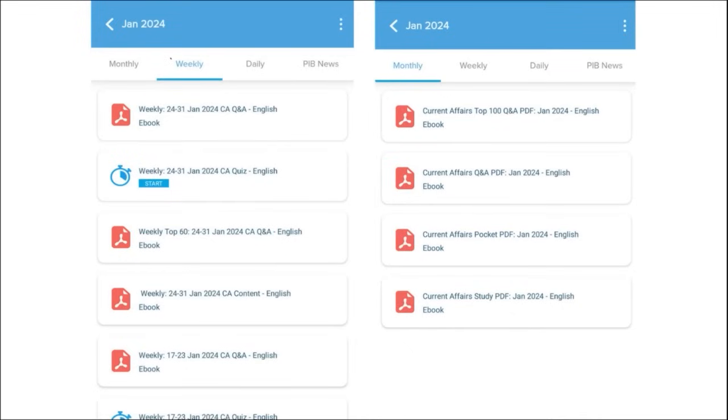Next comes our weekly content. The content is also provided in both English as well as Hindi, and here we also make sure to provide you a quiz of the past week's current affairs that will enhance your learning, as it is a compilation of the important topics and important MCQ questions for the last week. Similarly for the monthly, the PDFs are very important. They provide you insights on various topics, and we also make sure to provide you the quiz of monthly questions that are very important for learning.